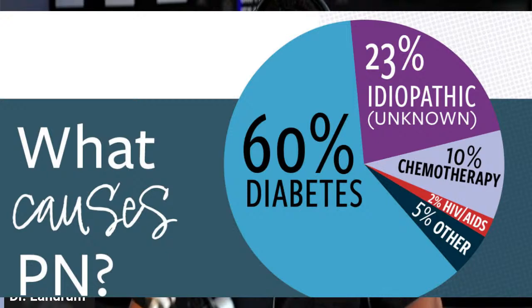So when we split this out, what does this look like in terms of the most common diseases? The most common disease is diabetes. 60% of patients who have peripheral neuropathy have some form of diabetes. However, and this is an interesting point, 23% have an unknown diagnosis as to why they're having this nerve pain, which is really a challenge. For many pain patients, they feel like, hey, I present myself, I'm going to see someone, and I can't get an answer and people don't believe me. And one of the reasons why they're not believed is because people can't find the answer to it, right?